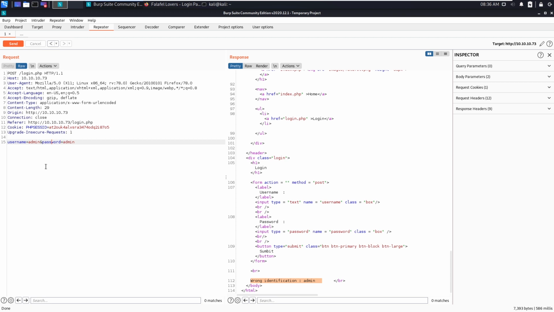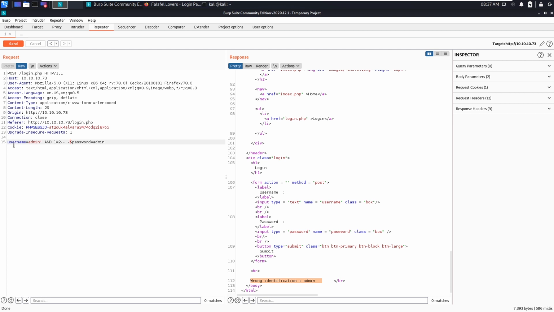Now what I'm going to do is say and, and put the false condition 1 equals 2 and then a comment.